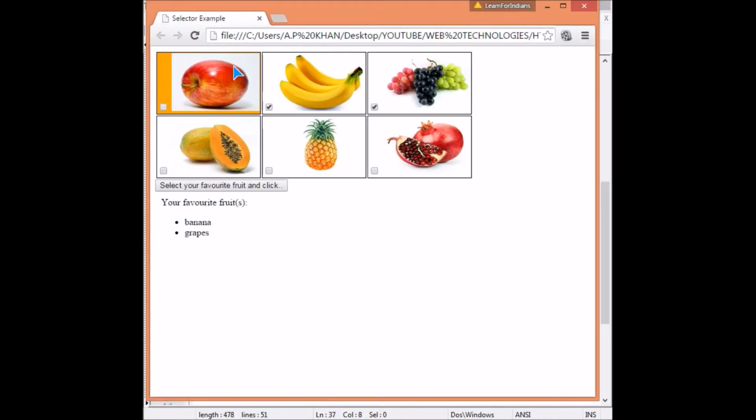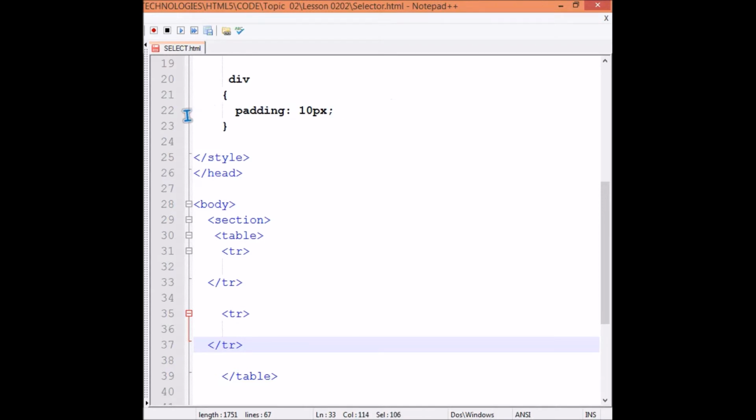These are the check boxes. These are the check boxes with images on it. So we have input type is equal to checkbox, image source also, and width and height. So let me give a table data, first table data like this, and I'll explain it. First table data is this.